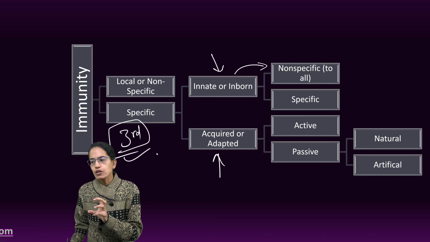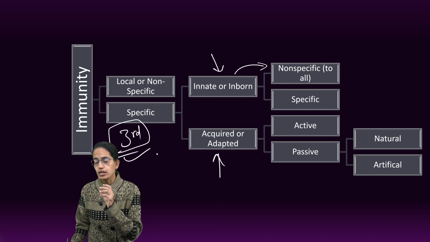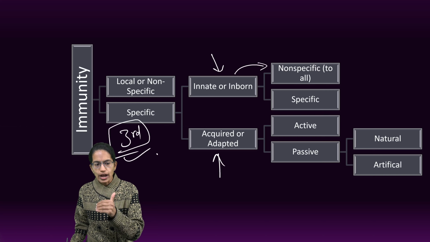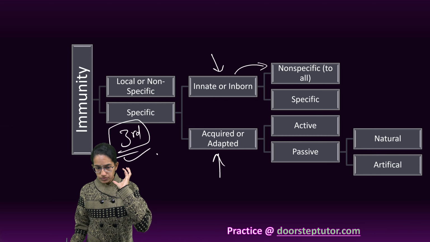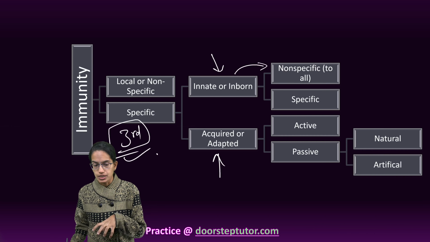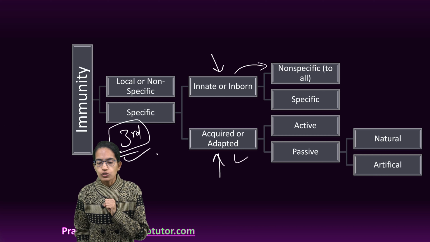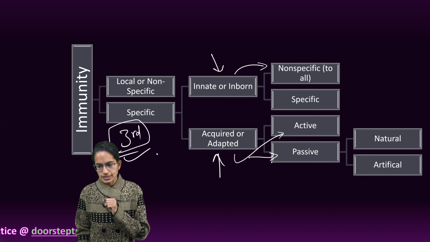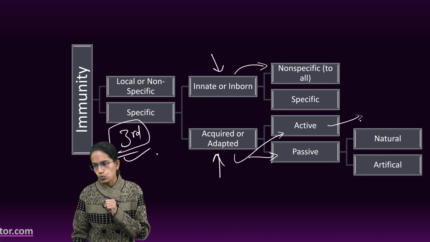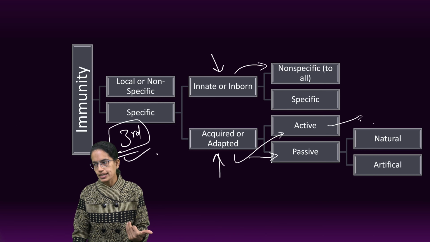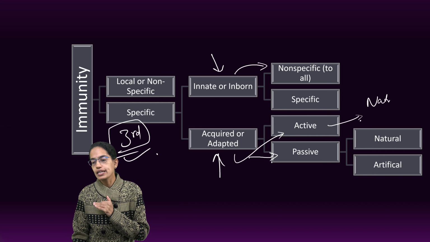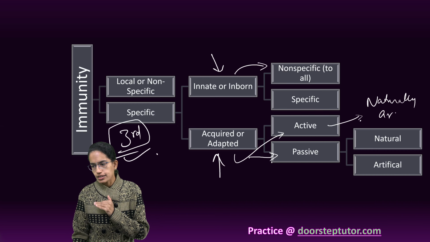So innate or naturally acquired immunity is important. Now how does a person acquire immunity? This is innate, that is by birth. The next is acquired. Now the acquired could be active or passive. Active immunity is acquired due to a previous infection that a person might have had, or the antigen that enters into the body either naturally or artificially.